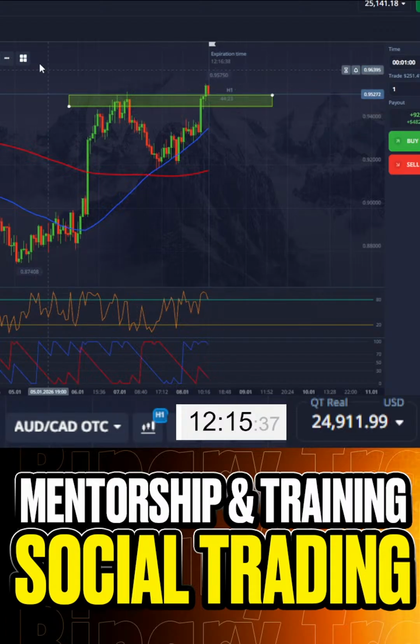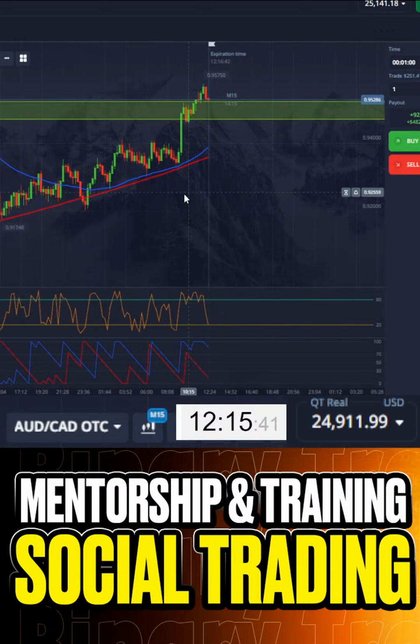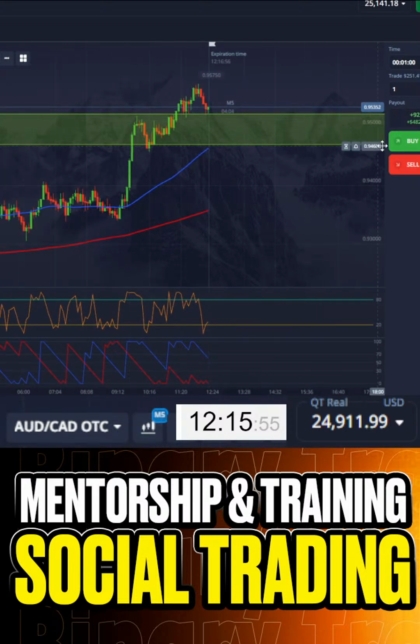Using only trend direction. Okay, this is 1 hour. Let's take a look at M15. What are we going to have? Alright, the correction is not finished. We know that this level is very important and a lot of stop losses are stopping here. Let's take a look at M5. We can be in this trend. Why? Because we are following the trend direction. No more, no less.